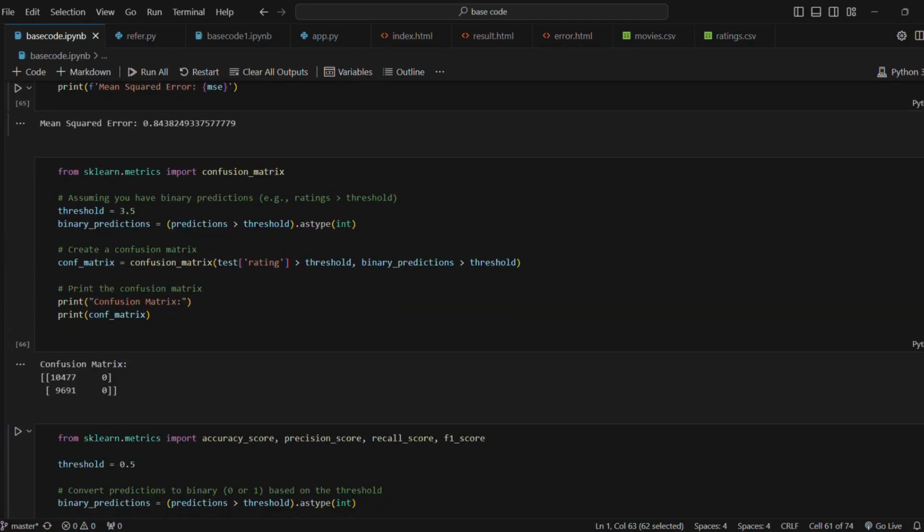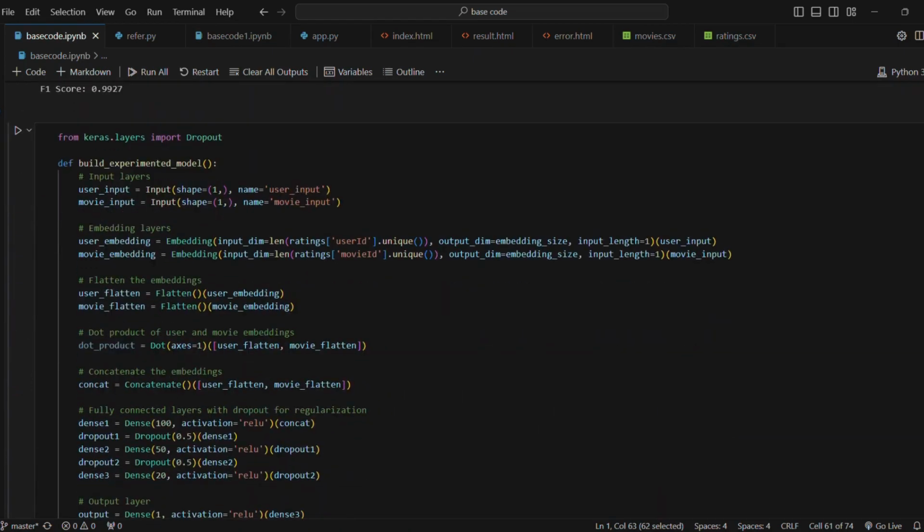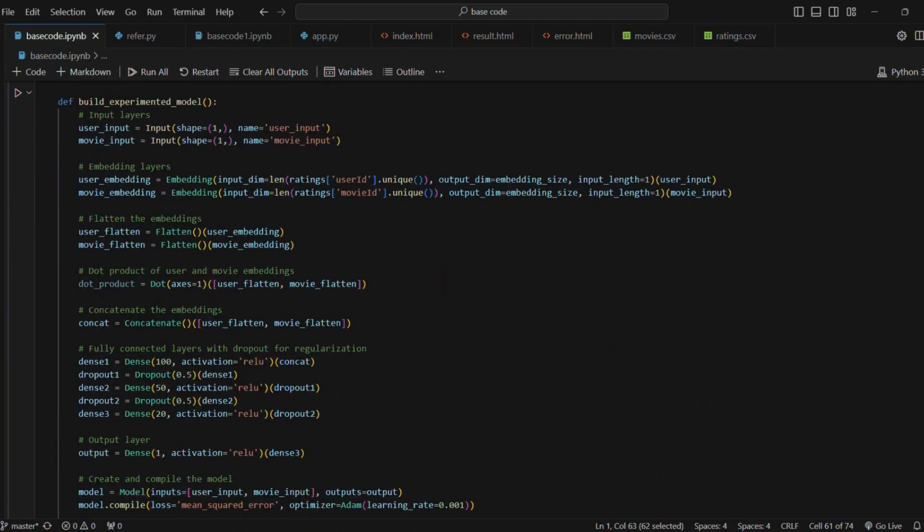My second model is similar to the first one, except I have applied some regularization. You can see it's all the same as the first model. In the second model, I've used dropout regularization. The reason is that regularization helps us prevent overfitting. Overfitting means that if a model gets too complex and learns too much from a single data set, it can't generalize.